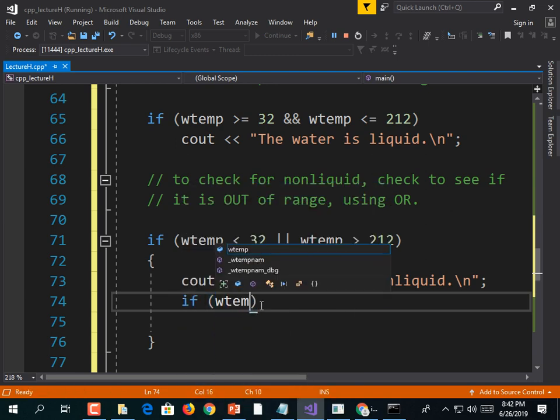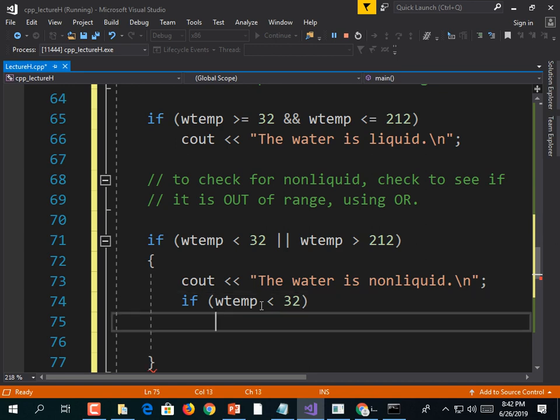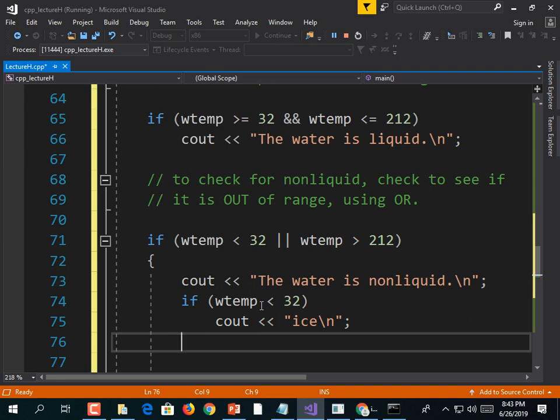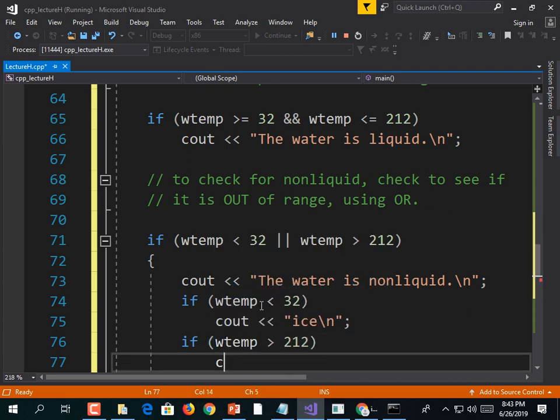If (wTemp < 32) cout << "ice\n"; and if (wTemp > 212) cout << "steam\n";